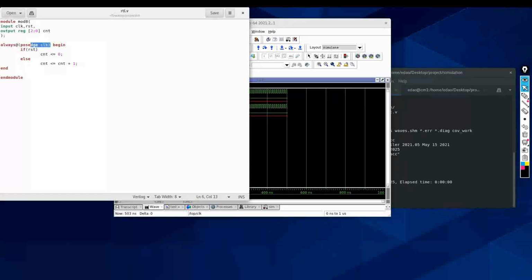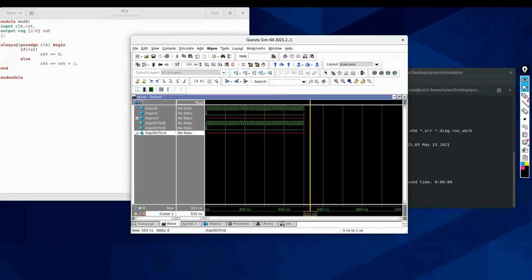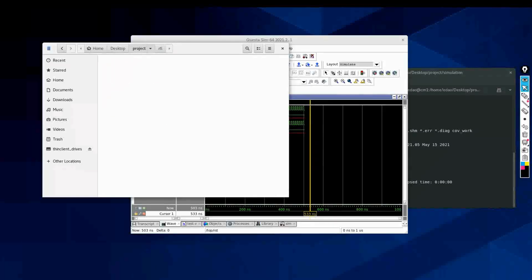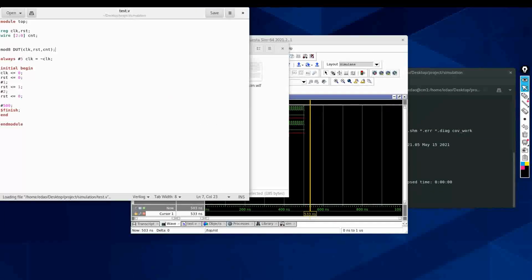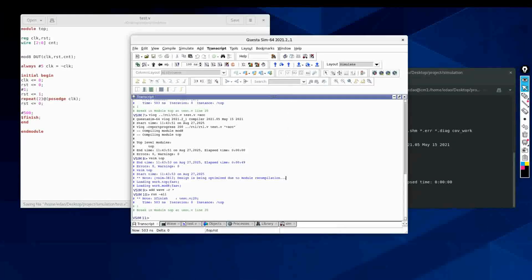Got the issue here. This is a synchronous reset, and I'm giving an asynchronous reset in my test. Yes. If you see, I'm giving an asynchronous reset. I'm not waiting for the clock edge. If I give the reset, I have to at least wait for the edge of the clock. Okay, I'll wait for 2 edges, posedge clock. And if I run again,